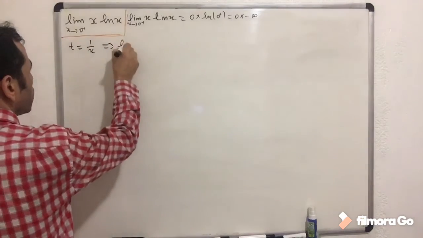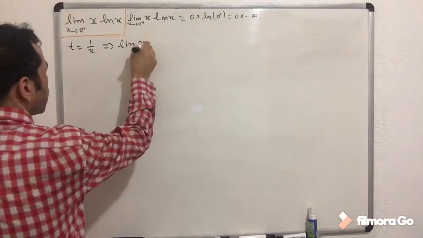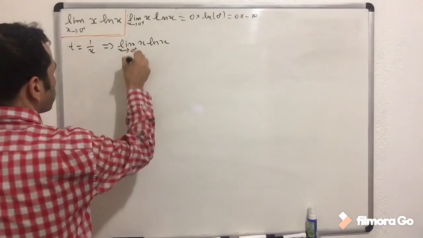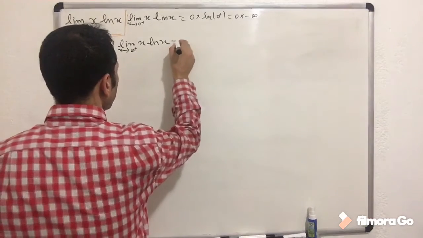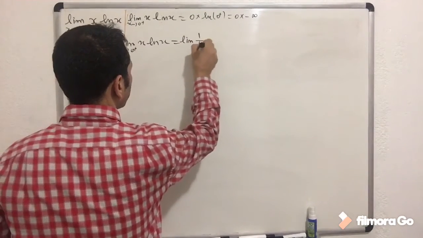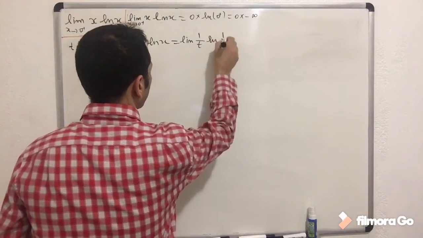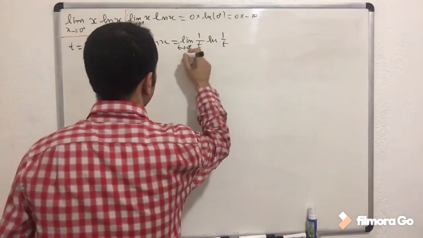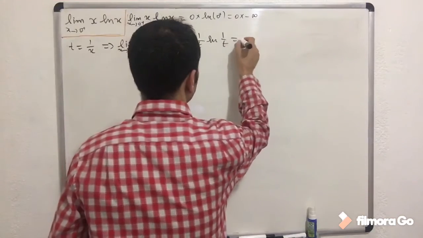Then the limit of x ln x as x approaches 0 from the right-hand side equals the limit of 1 over t times natural log of 1 over t, as t approaches 0 from the right-hand side. It gives you the limit